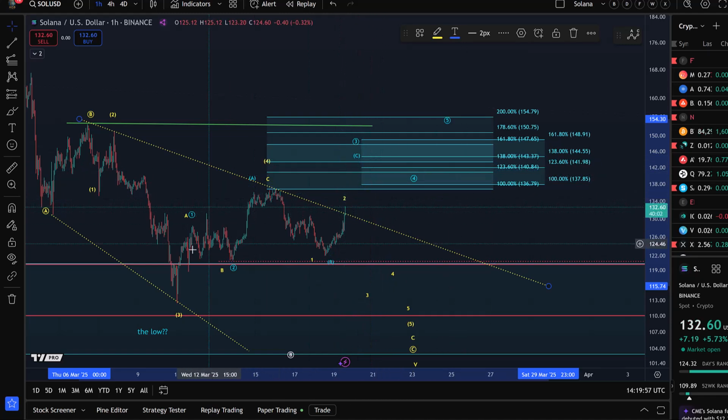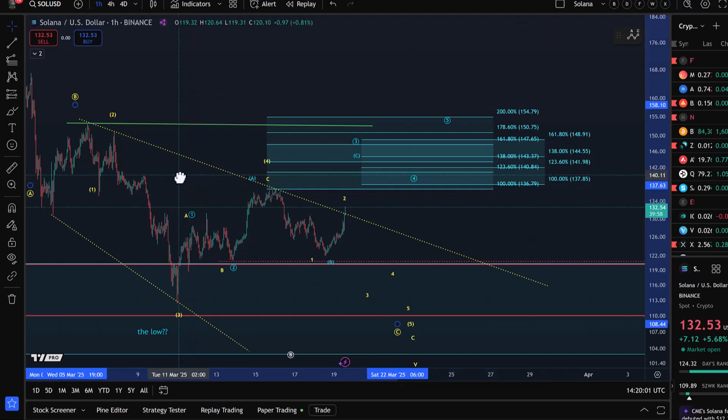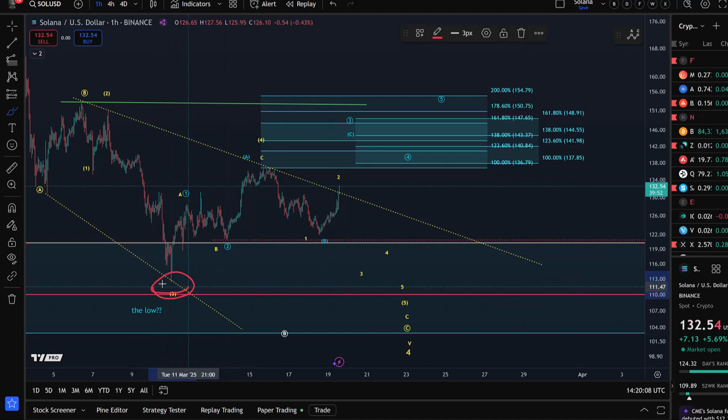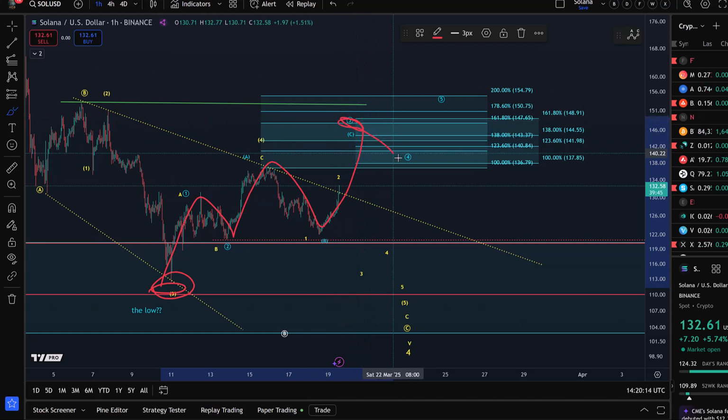What is that? You might remember from previous updates that I said, look, until we get all five waves up completed, there is no confirmation as such that a low has formed, a substantial low. Yeah? So to really confirm a low is in, we need 1, 2, A, B, C in wave 3, then wave 4, then wave 5. However, the blue scenario can develop and has a chance as long as we're holding above that 13th of March